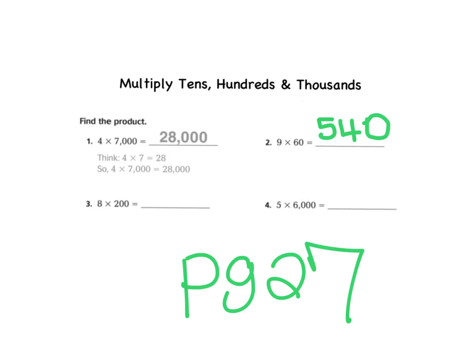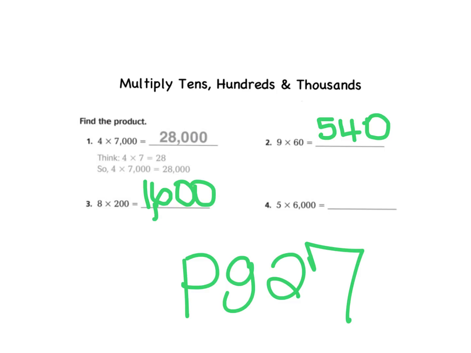After double checking that you've written the answer with me, we're going to go ahead and move on to number 3. Number 3 says 8 times 200 equals something. Again, we're going to use our basic fact to complete this problem. I know that 8 times 2 is going to give me 16. The ones and the tens place is being held. So that means I'm going to add 2 zeros to my product. So now this tells me that 8 times 200 equals